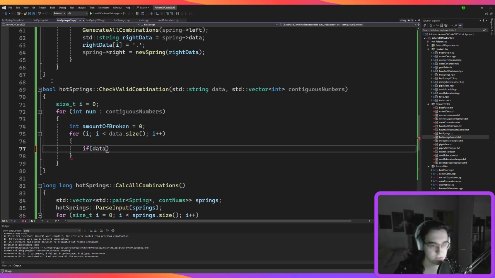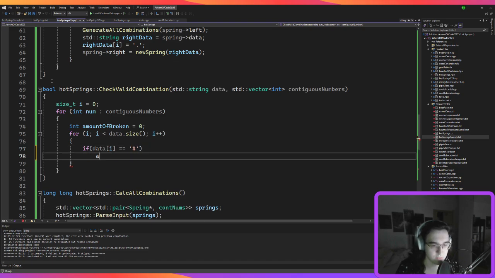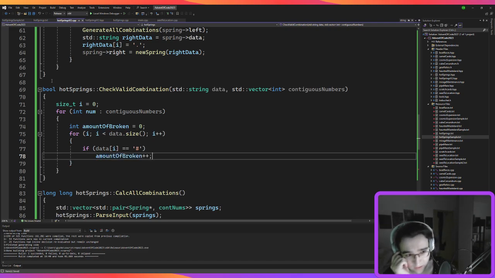If data at I equals this, then amount of broken plus plus. Now when I find a dot, I want to go out of it, but only if I find